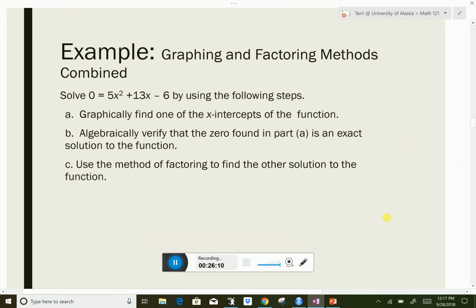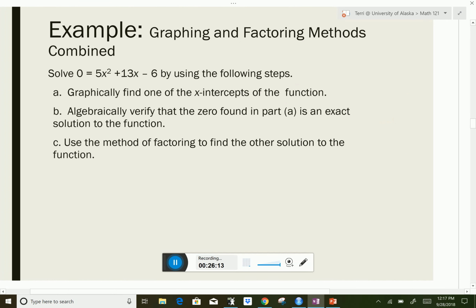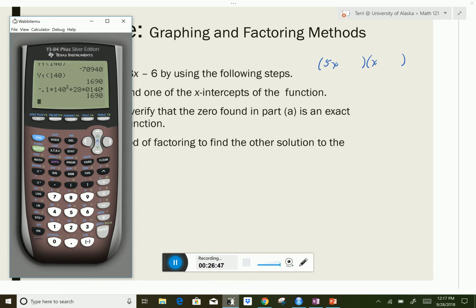So let's combine these. One of the really nice things your calculator can do is make factoring about 10 times easier. Let's say I have something annoying like this one: 0 equals 5x squared plus 13x minus 6. Well, I want to find the two intercepts, so I would want to factor this. So 5x and x, I know, and one's positive, one's negative. But instead of sitting here trying to figure it out, what I could also do is